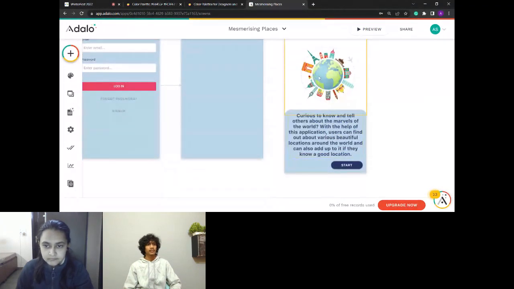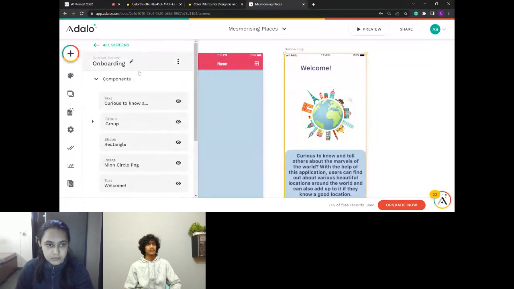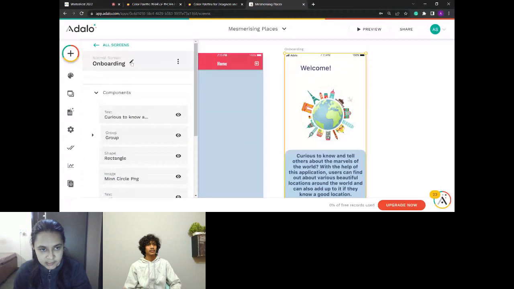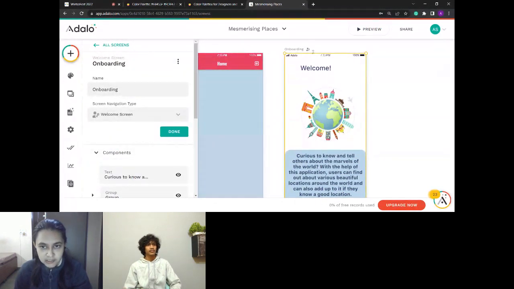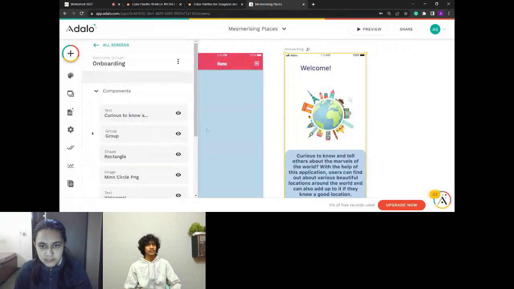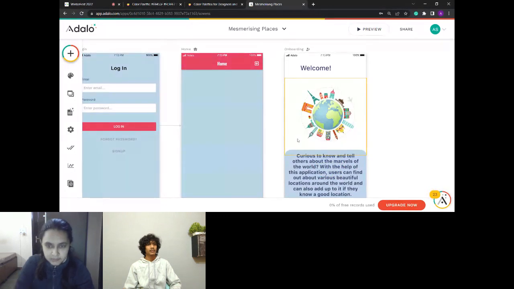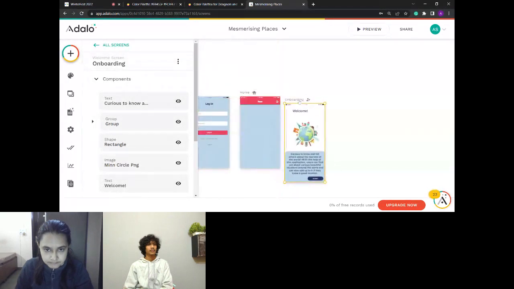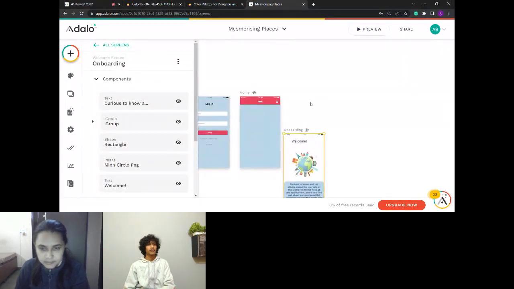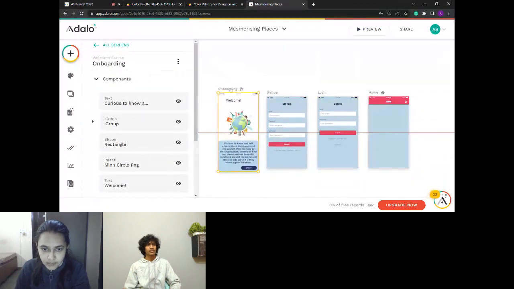There. That's done. And since we want this to be our first screen, we'll click the pencil and go to normal screen and change this to the welcome screen. Now you see the logo has appeared over here. This will be the first screen that will be visible to the users. Now onboarding is done. Let me zoom out and place it over here. Okay, a little bit more. There. Now from onboarding, I want to navigate to, let's say,